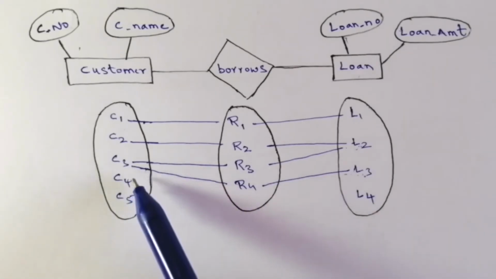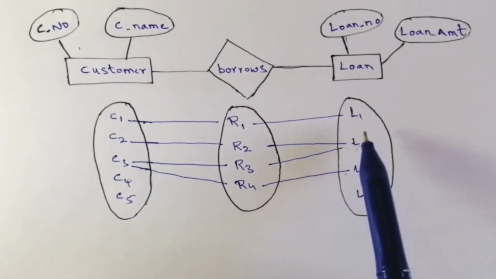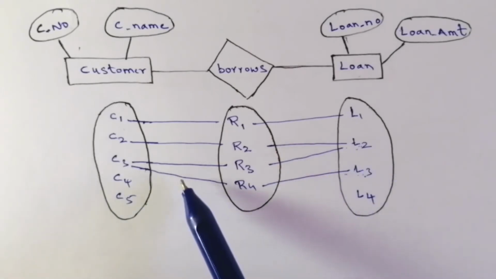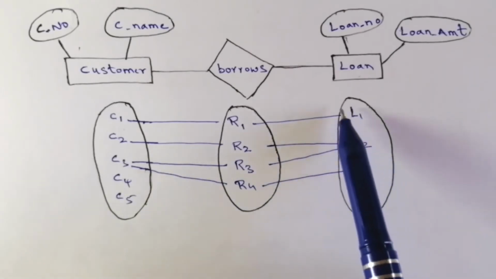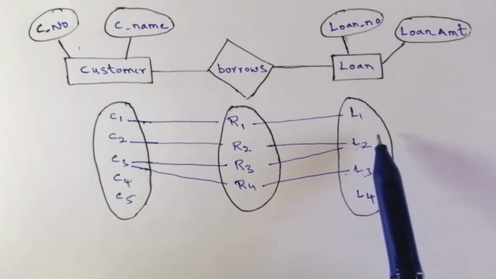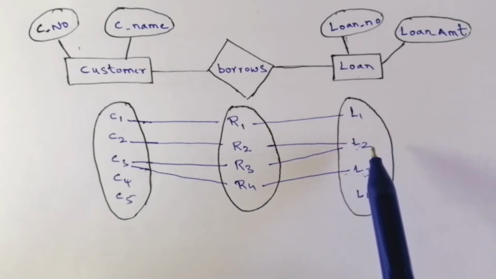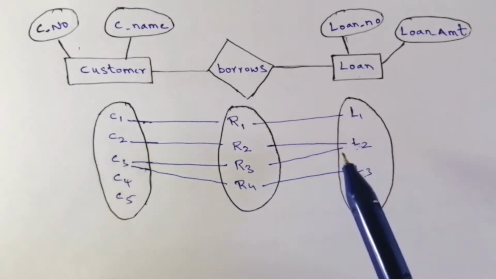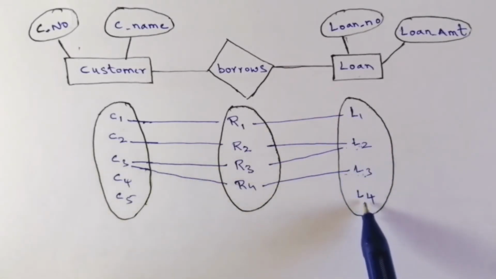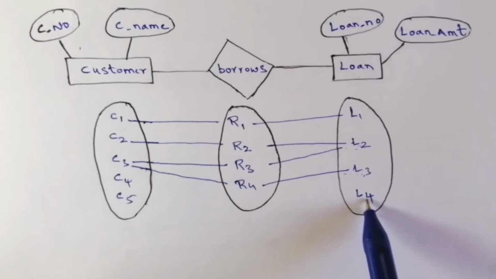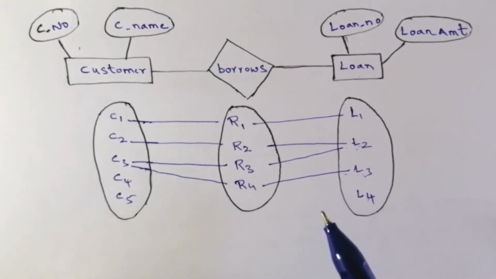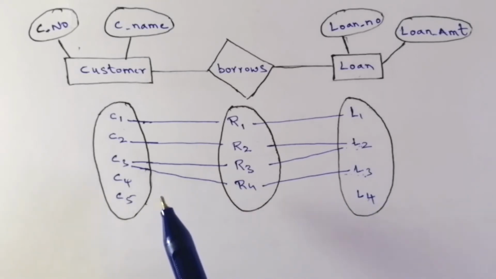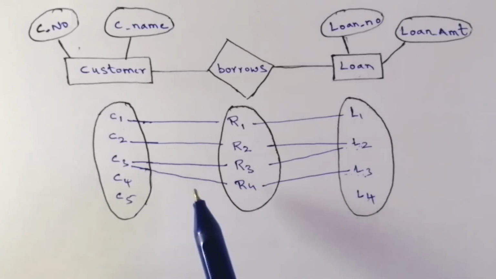That is going to depend on their interest, right? So now let us see the other case. When you request a loan, only then is a loan going to be generated. Yes, right. Now can there be a loan without a customer? No, it's not possible. But see here, we have a loan L4 without relating to any customer. So how is it going to be generated? A loan is going to be generated only when a customer requests it.